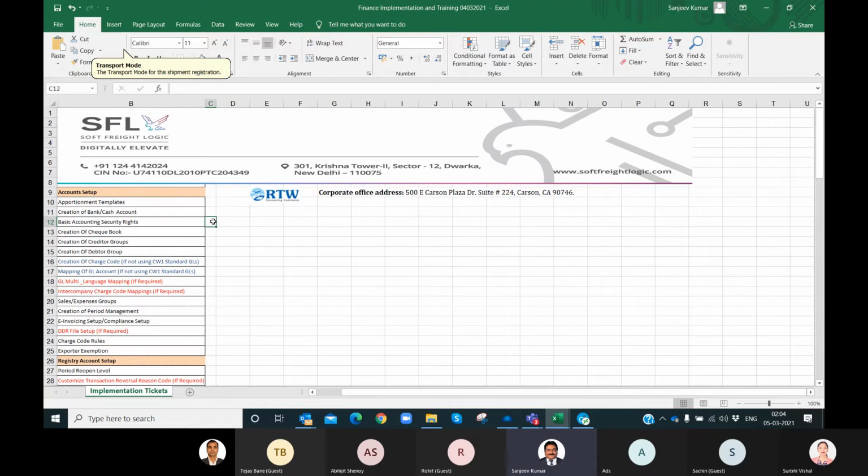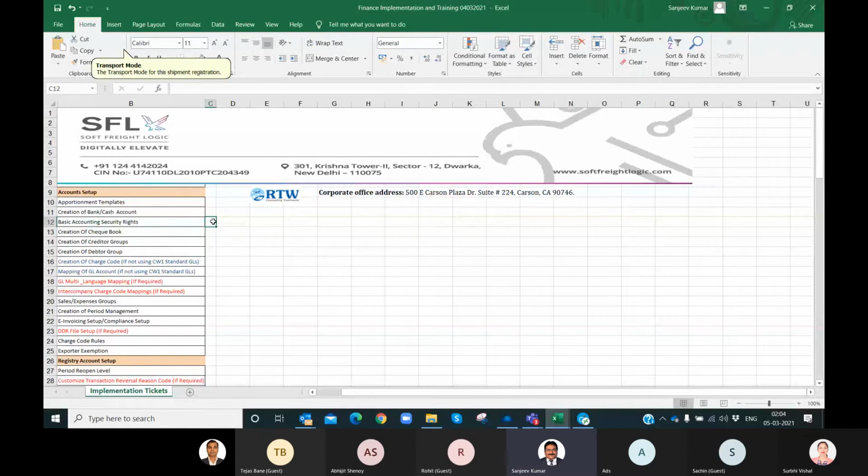It will take some time to settle down, but it will become very easy. In the beginning, you will have to check that earlier you were using different GL codes, and now onwards you are going to use different GL codes. But it totally depends on you how you want to.